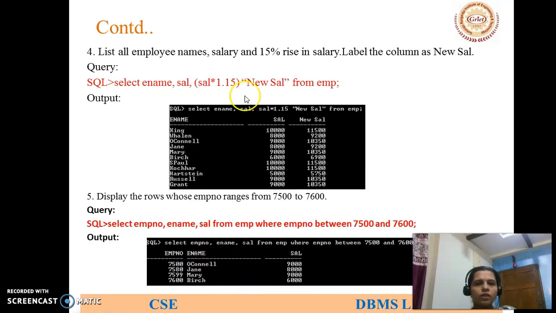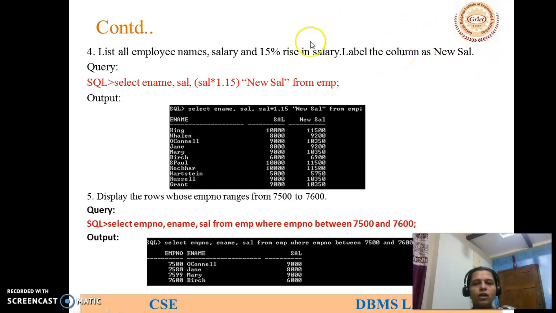Next question: list all employee names and salary. You need to show the employee names as well as the salary, with a 15% rise in the salary, meaning the salary is increased by 15%. Label the column as new salary, meaning you have to give an alias name for that column.